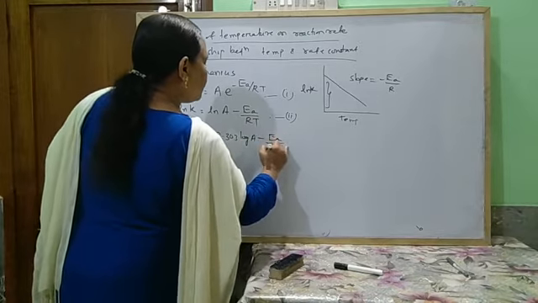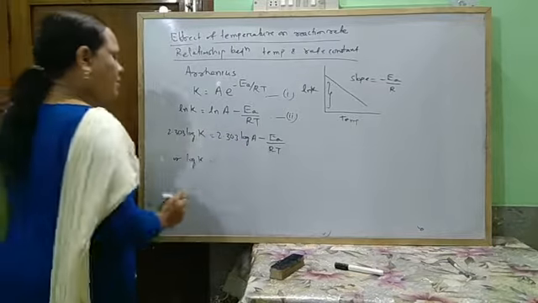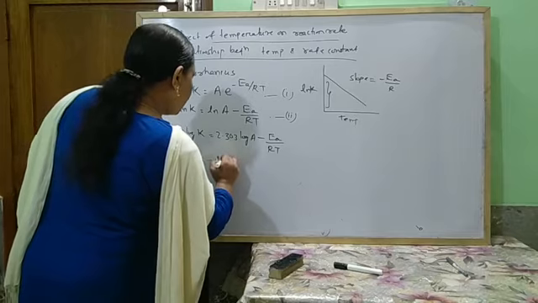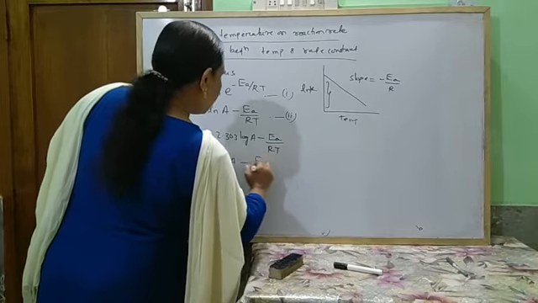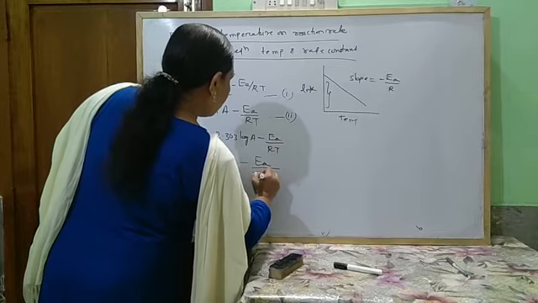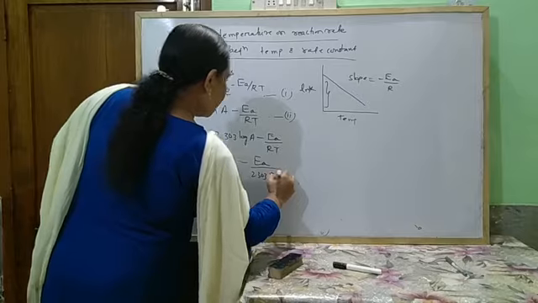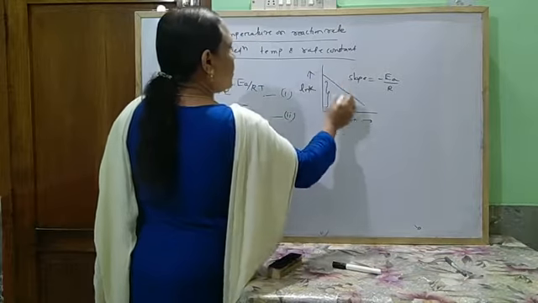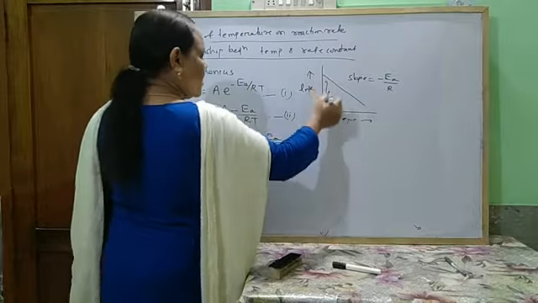Dividing all by 2.303, we get log k equal to log A minus Ea by 2.303 RT. So when the log k versus temperature graph is drawn, the slope becomes minus Ea by R with intercept